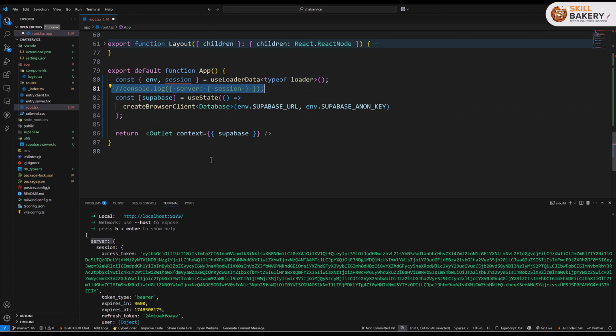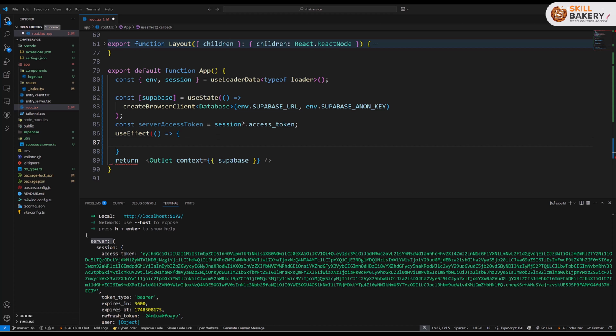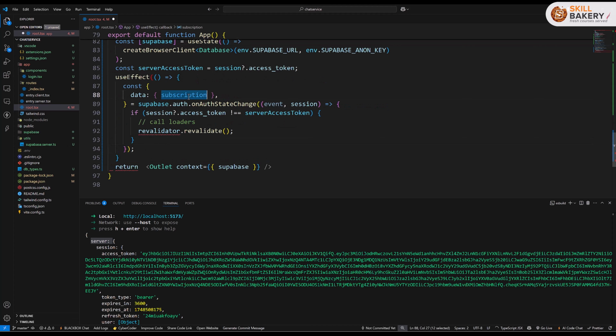And here, now what we need to do is capture the on-auth state change. And that we do by, first of all, getting the server access token. So let's create a server access token that we get using the session.access_token. So this is our server access token variable. And then we can make use of the useEffect. So here in our useEffect, we can first of all go ahead and have our data subscription. And here you can see that we are making use of